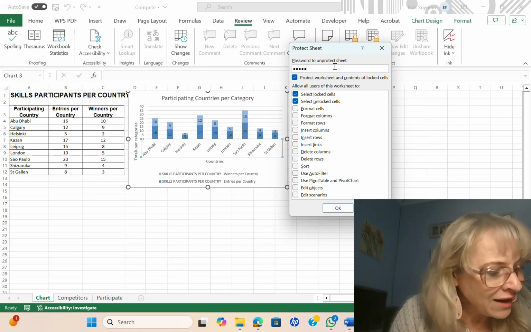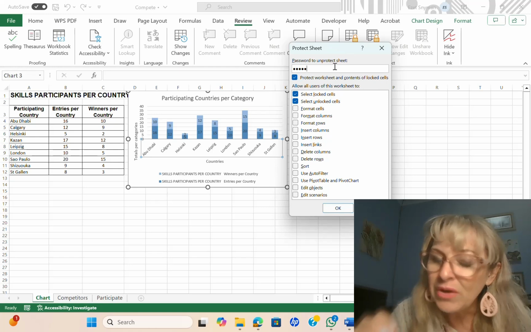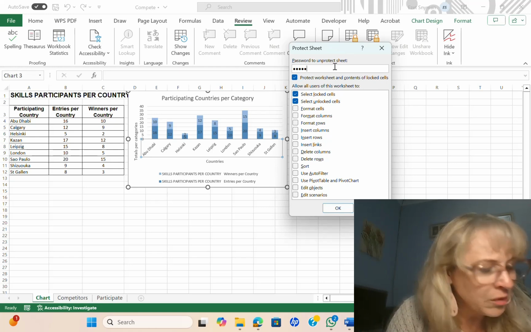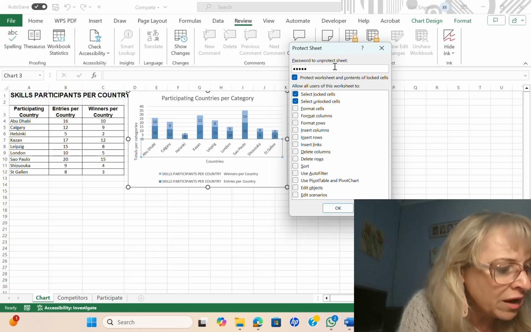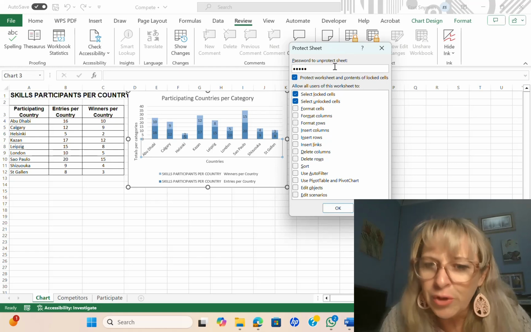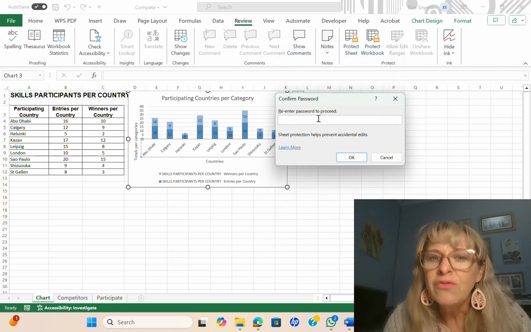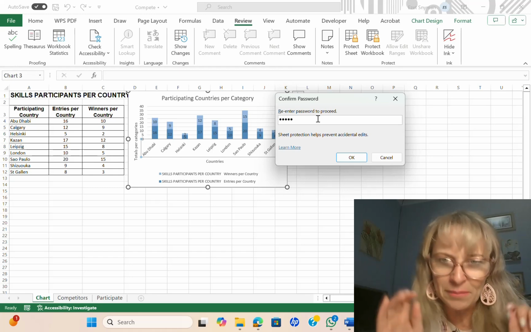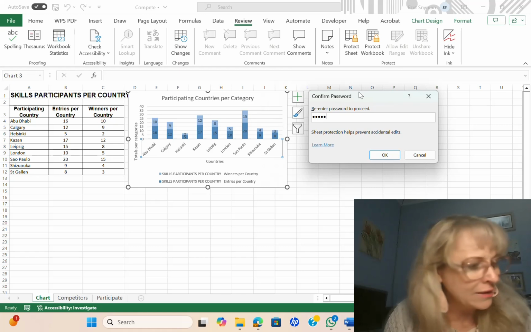And again, just be very careful that you make the print screens where they want you to make the print screens before you close it. They say here, do not close the dialog boxes, okay? Because you need to confirm the worksheet. So if I click on OK, it goes to re-enter the password to proceed. So again, you type level. You can move the dialog box slightly.